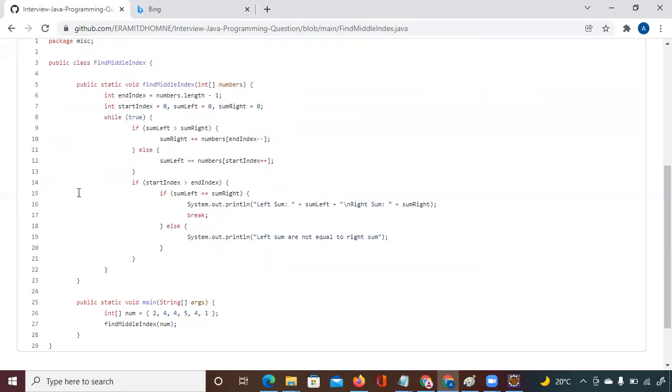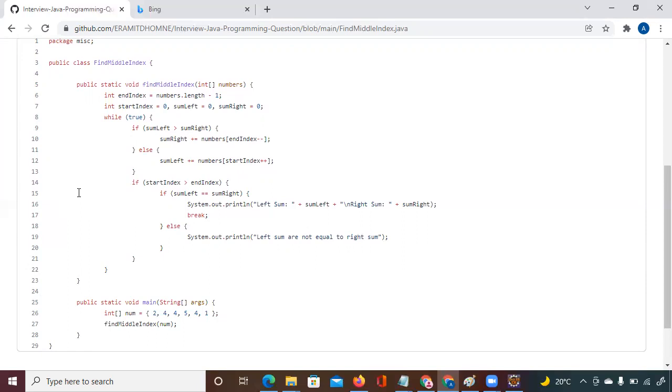Anyone? Find middle index. I have explained this program in the class as well. In this program, you have to count the number of elements to the right and to the left, and based on that you have to understand how many elements are there.